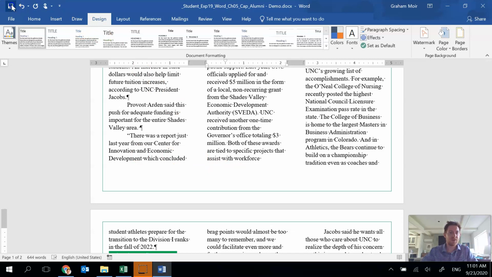Last step, save your document. Now it's saving, and we are